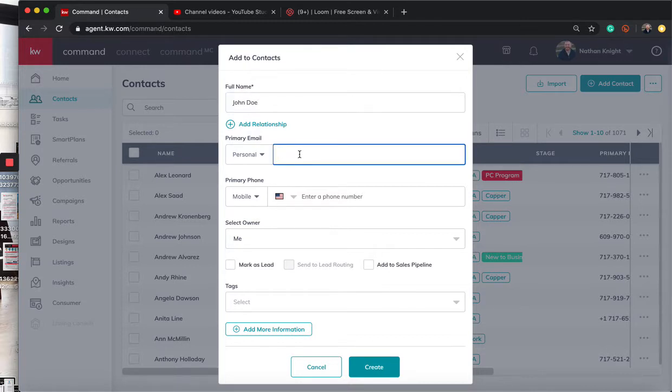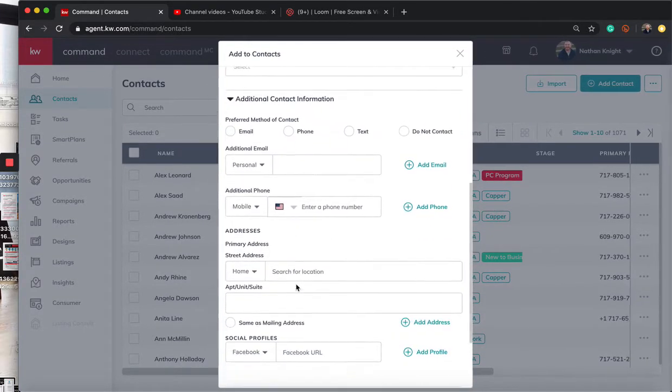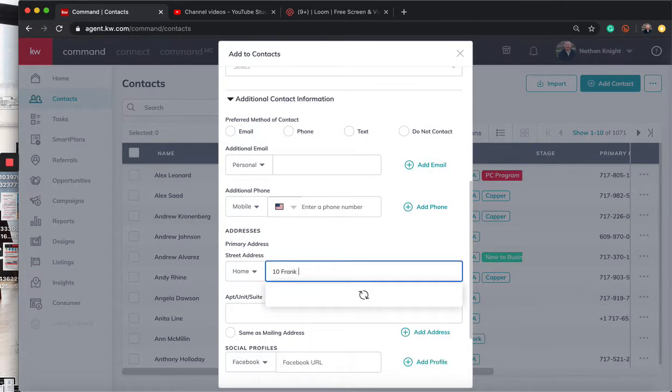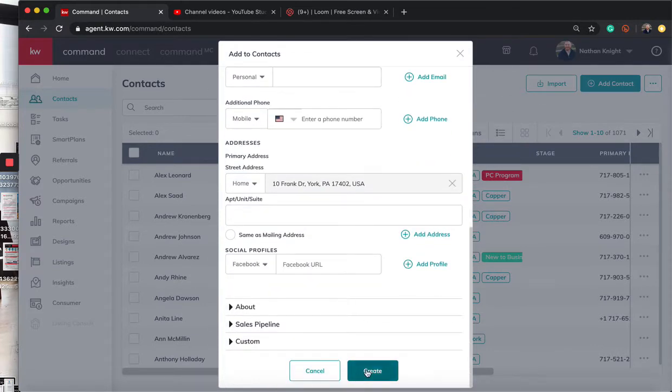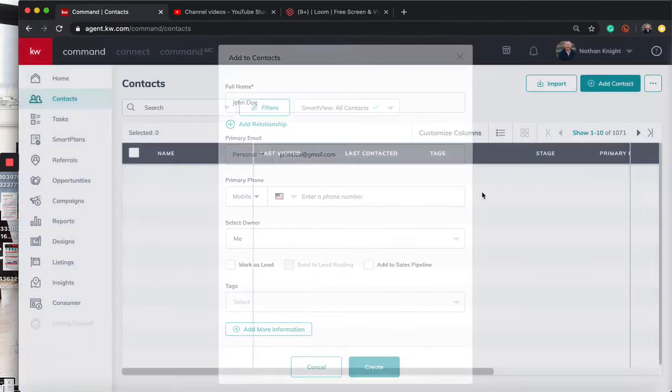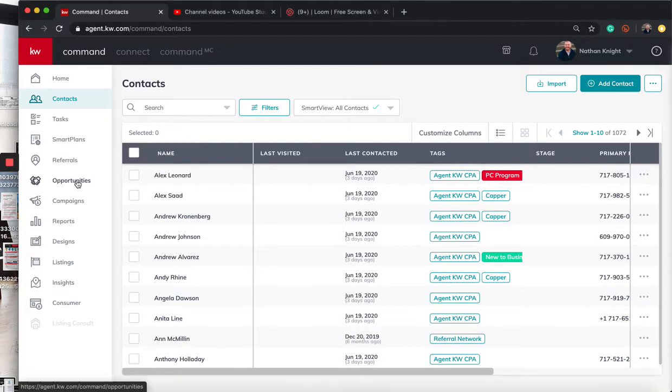Okay, and then I'm going to put their email address. Okay, and then a cell phone if I have one. I'm the owner. And then we can go ahead and add more information if we'd like. Address, okay, and then we're going to hit create. Okay, now that we have the contact in the system, we're going to go down to opportunities,